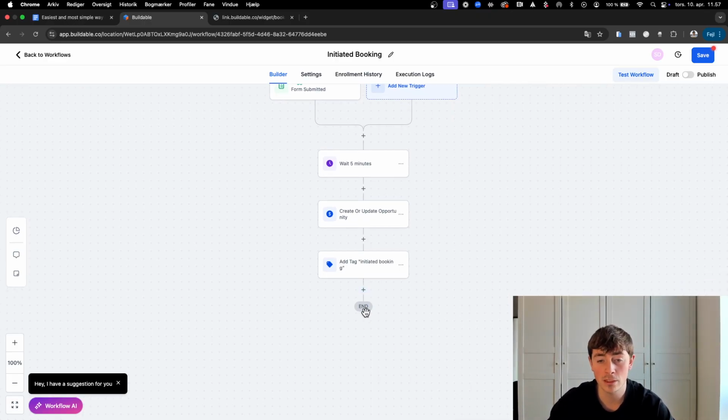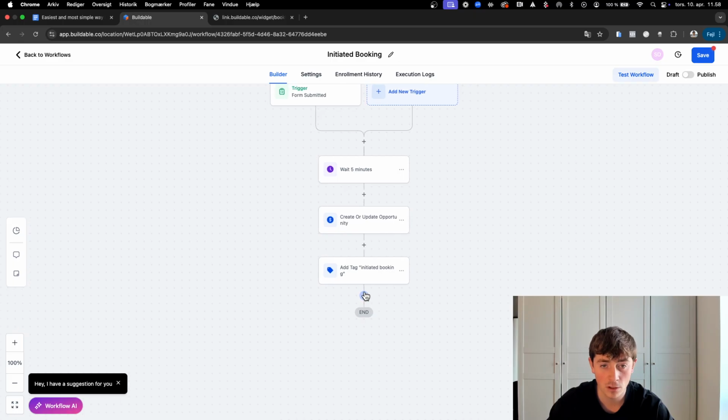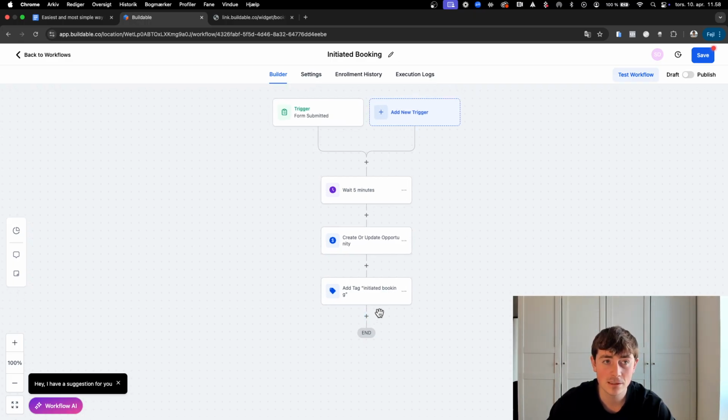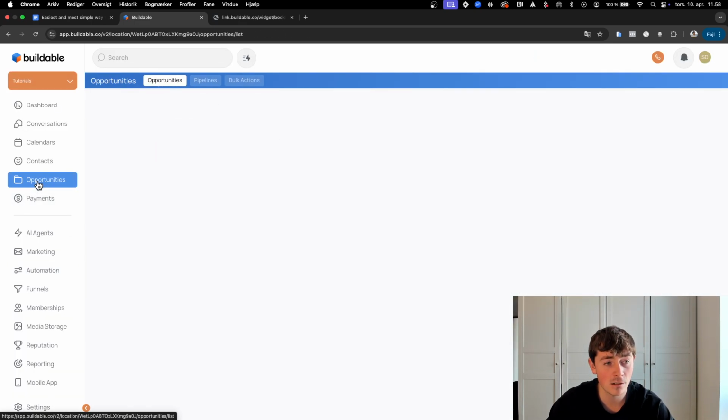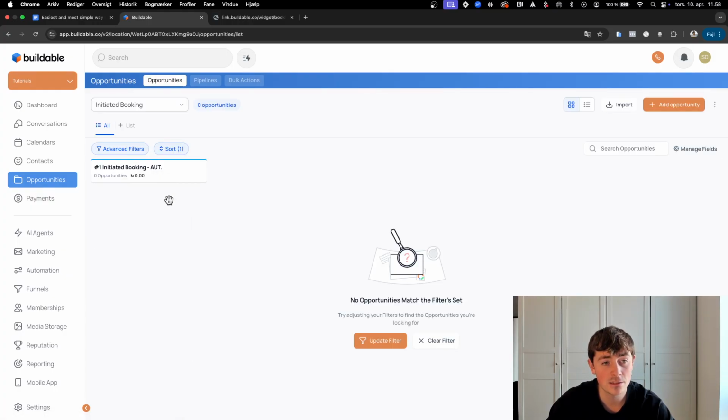You can extend the workflow with email and SMS reminders with the link to complete the booking, for example, or you can just leave it like this and maybe reach out to them manually by giving them a call or anything like this. You can also have the AI appointment booking bot taking over the conversation from here. But this is literally how you can easily track initiated bookings and allowing you to have more warmer leads that